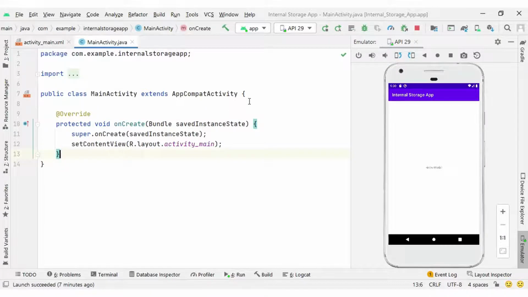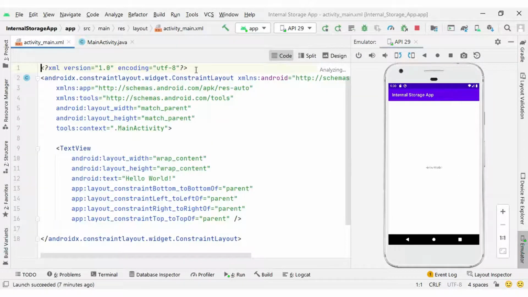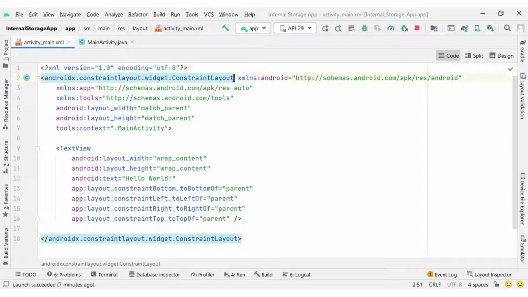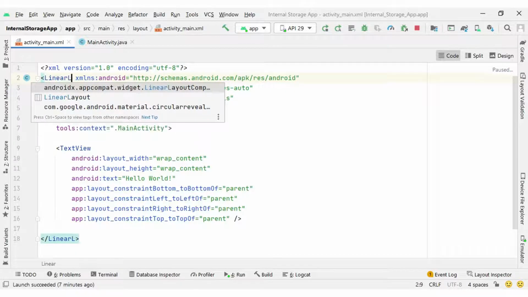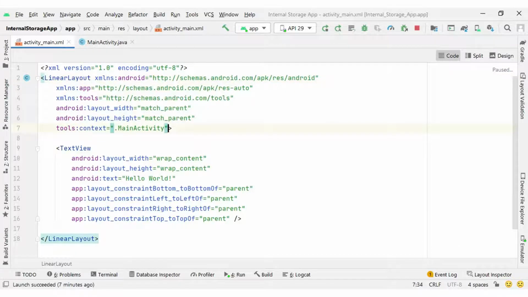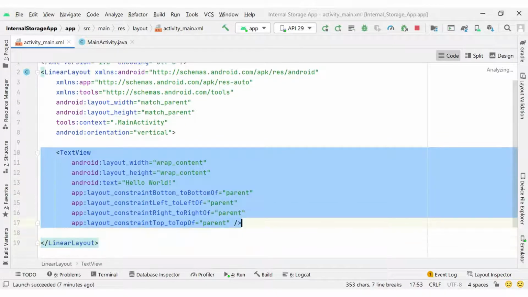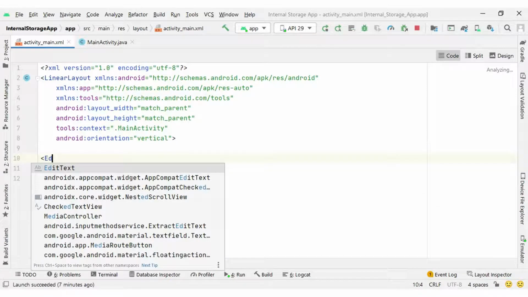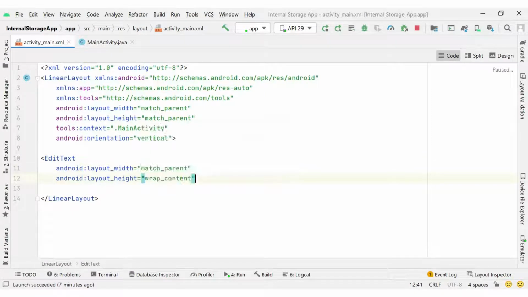Here you can see I have a Hello World application in Android Studio, and we are going to implement internal storage with this application. First of all, inside our activity's layout file, I'm going to have one linear layout with orientation vertical, and here I have an EditText with match parent and wrap content.